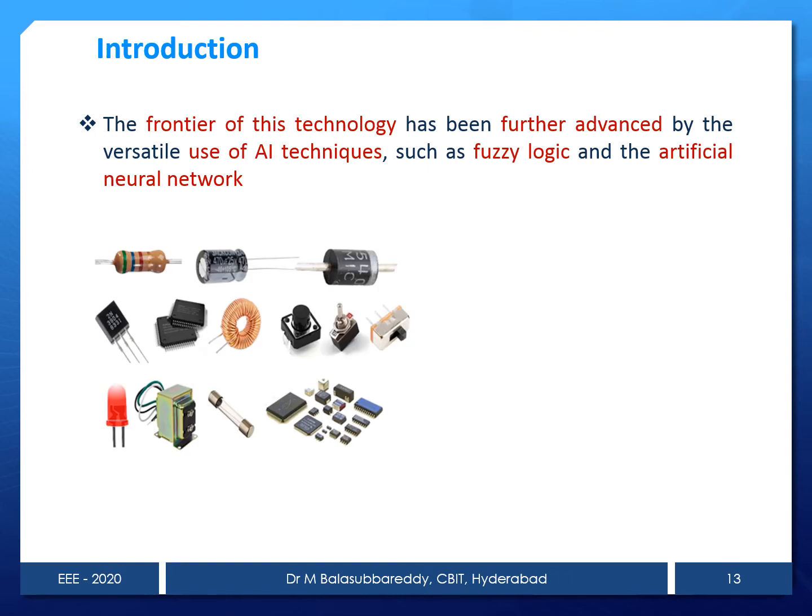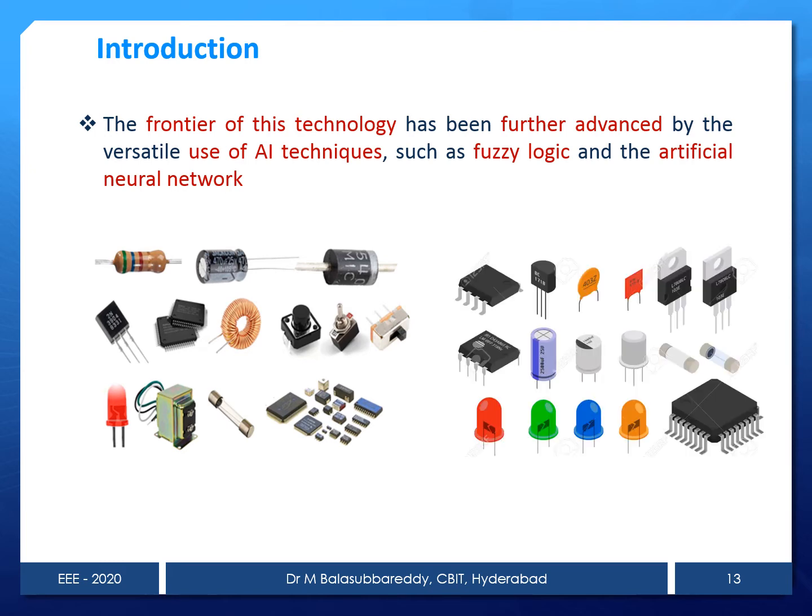So in power electronics, I told you, it consists of some switches as well as energy storage elements, inductor and capacitor. All these components will be there inside. I just mentioned a few of them. It may be a transistor or a MOSFET or a BJT. This is a diode, and then capacitors and inductors, energy storage elements, and then resistors. So many energy storage elements and switches all together will form a converter.